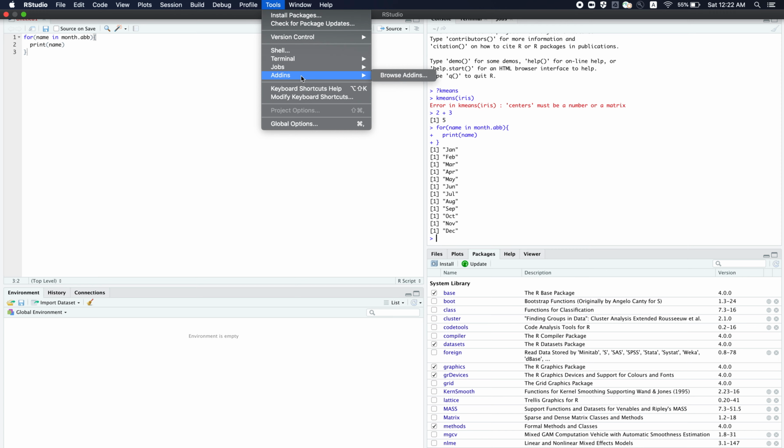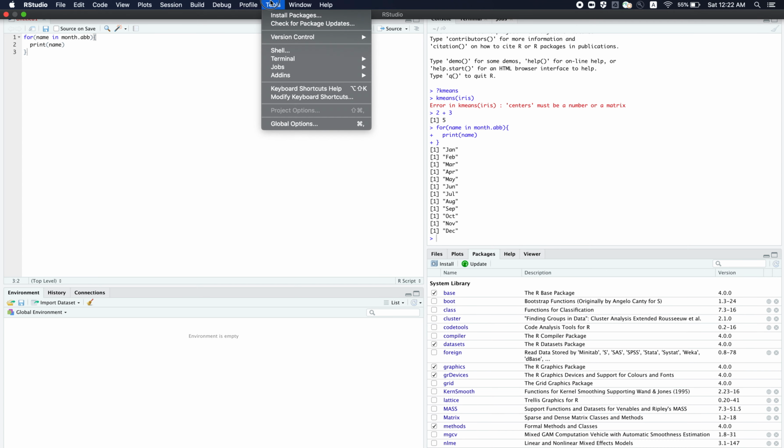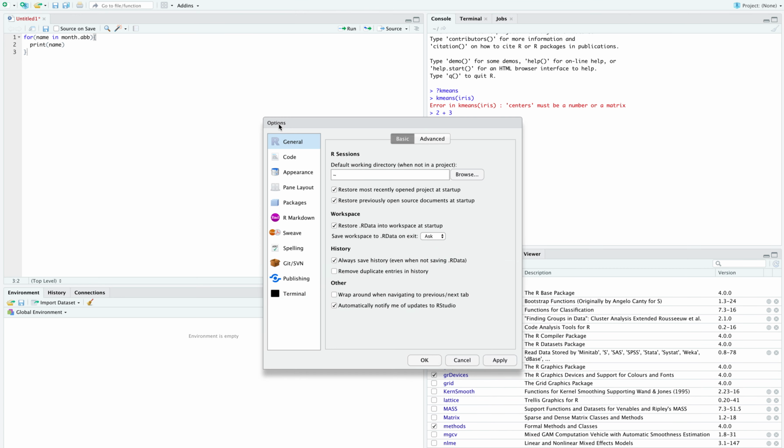And add-ins is one of the latest additions, not so new, but it is something that people are underusing, and it is quite handy in a lot of cases. Right now I do not have any add-in, but a lot of add-ins could be very handy. For example, if you're writing a blog using Blogdown, add-ins would help you to add a new post, add an image, all those things. So the most important thing to customize your RStudio is global options.